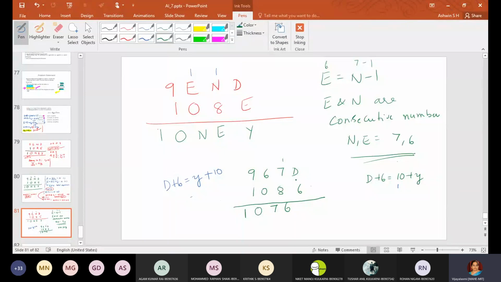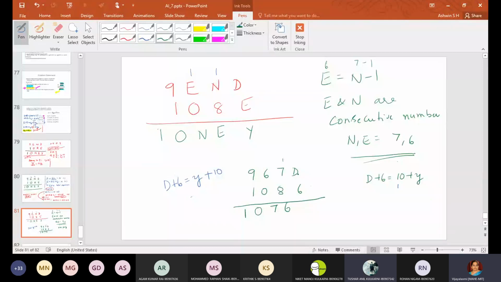Now the only thing is D. If I take other than these digits, only you have to take. It should be greater than 10, no? So as you said, it should be greater than 4. Suppose if I take 4, is it okay? No. Why? Because y will come 0. 0 has already been taken. So if it is 5 plus 6, 1, that is also not possible. If I take 6, no, 6 I should not take.